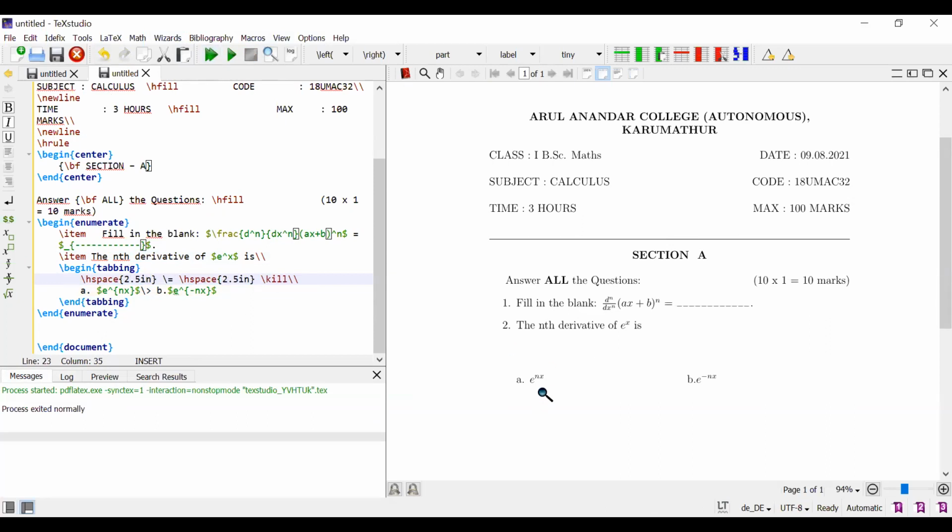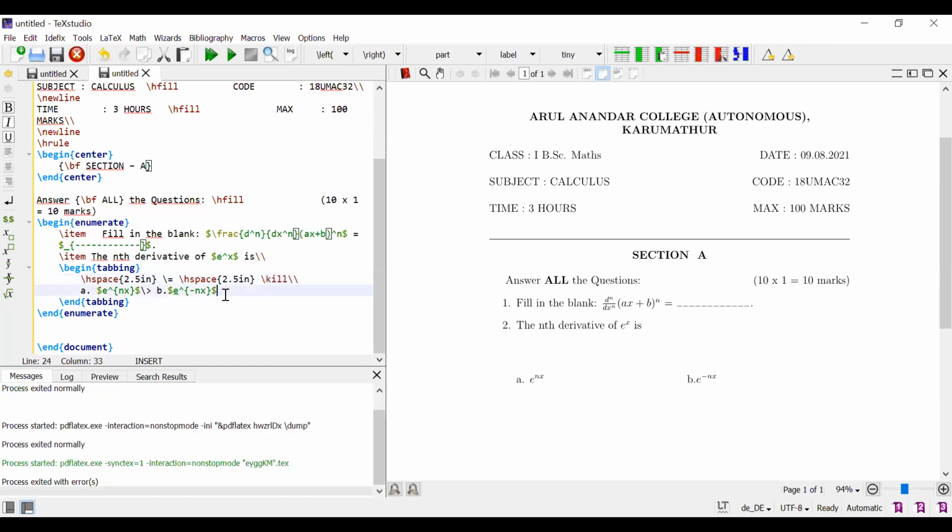So this is the option. Again, we use B and C like this. Otherwise, you can use C dot H fill. We can use the H fill like this. Time 3 hours, H fill maximum, and so on.